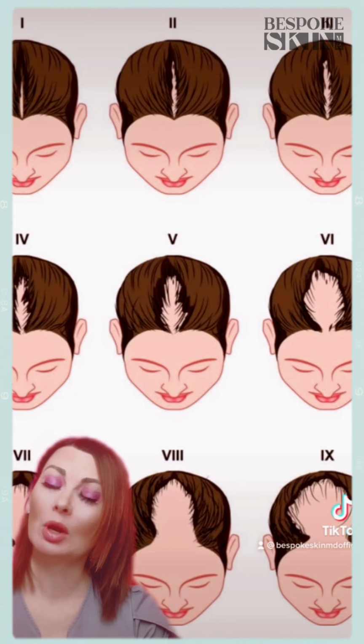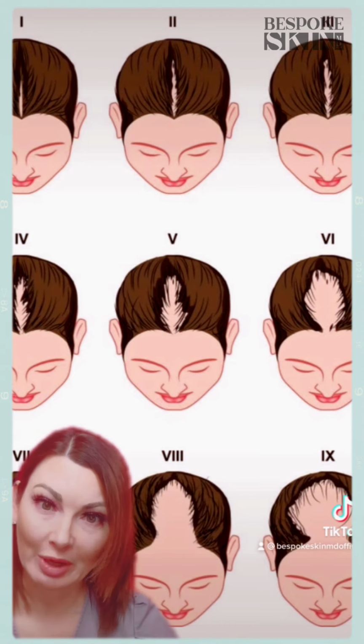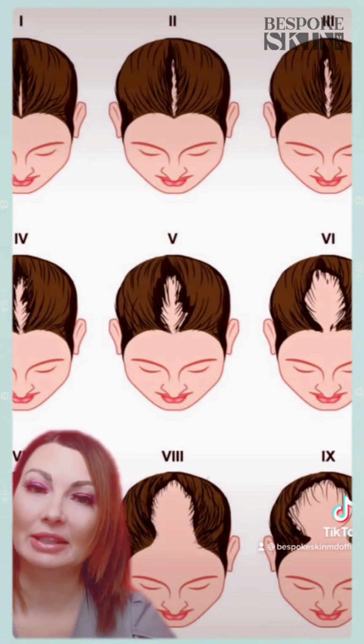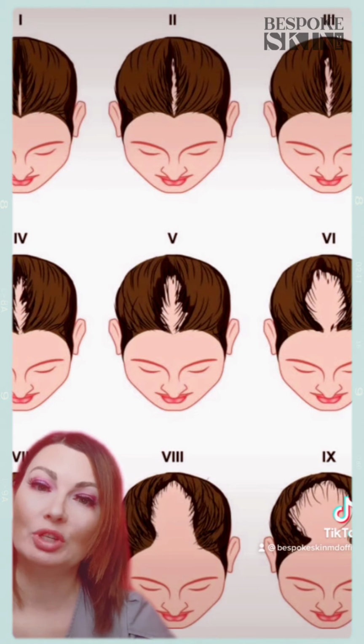Women also tend to respond really well. There's a great study just published on PRP for female pattern hair loss, stimulating that cell signaling pathway. So again, another great option for women is our PRP, as well as our low-level